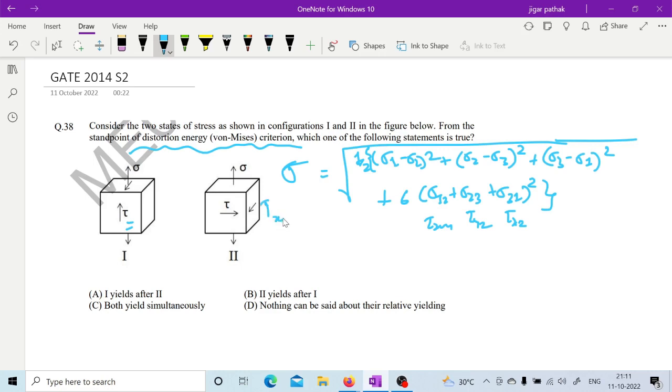So this is tau xz and you can consider this as tau zx. Similarly here you can consider this as tau yz and this as tau zy, like that. Okay,